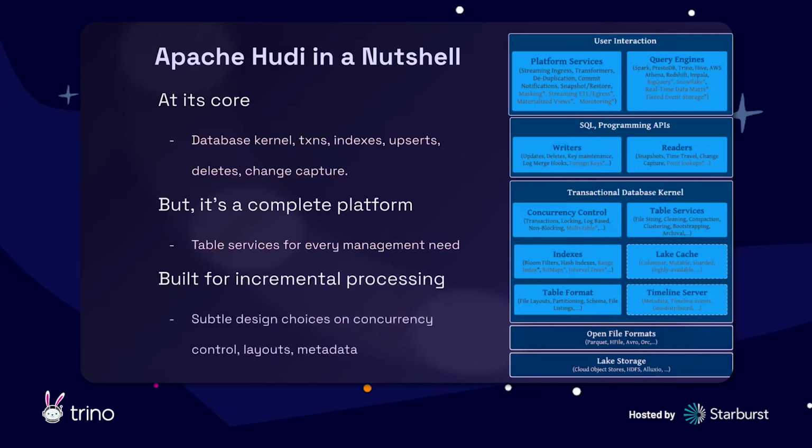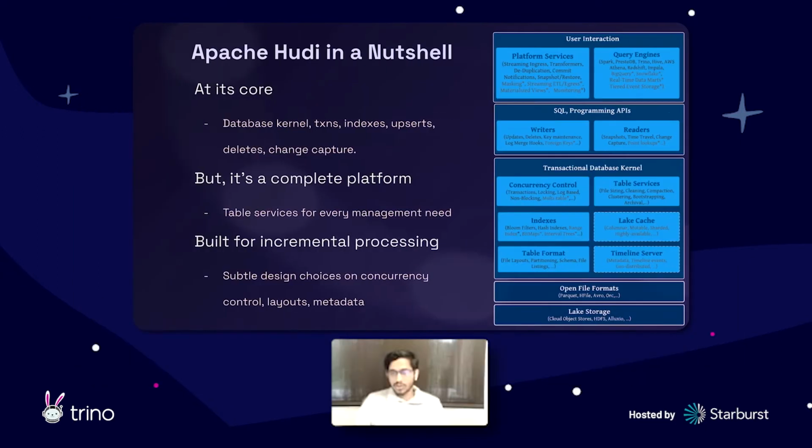And to quickly touch upon some core differentiators, Hudi makes a bunch of subtle, very deep design trade-offs around concurrency, layouts, and metadata that make it the best suited and the most optimized technical choice out there for incremental processing. Which means if you want to quickly ingest data, or if you want to write ETL jobs which run much, much faster than your batch jobs, those are all things that Hudi can do very well, on top of your regular batch workload and scaling metadata for very large shapes.